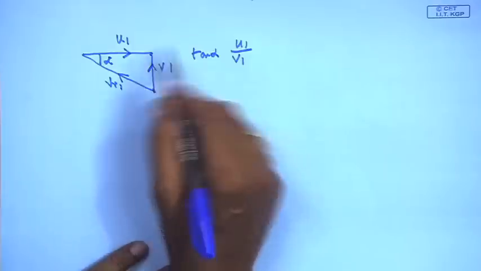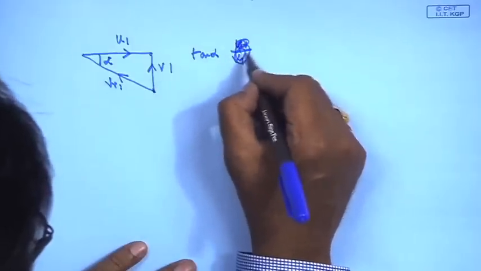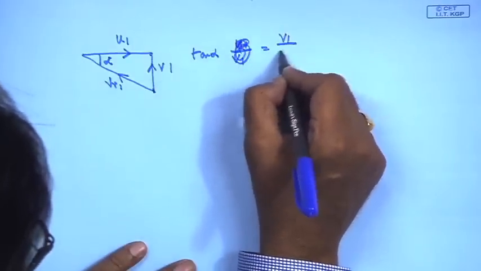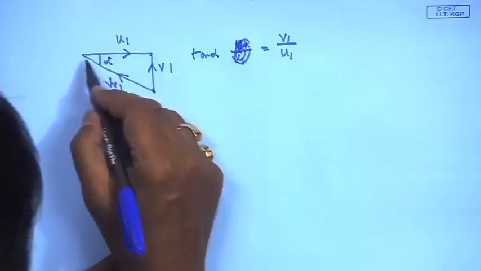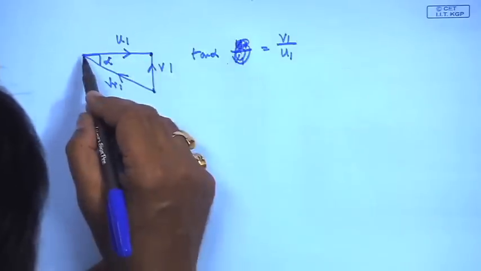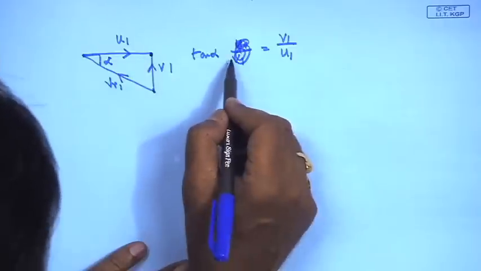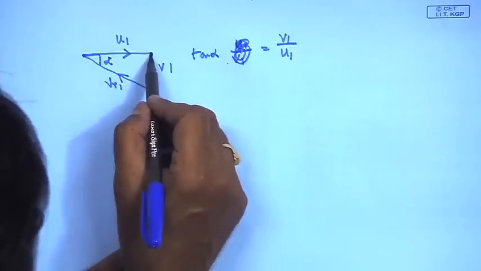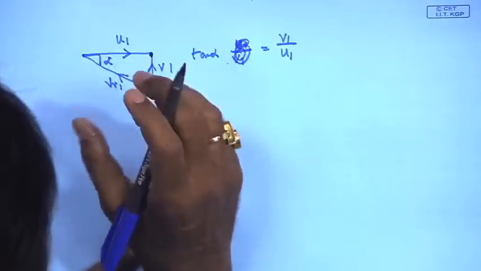If I know this velocity at root, then it will be the angle at the root; at the tip it is the angle at the tip. Now root and tip U1 will be found out based on the root and tip diameter. That I know because I know the rotational speed,